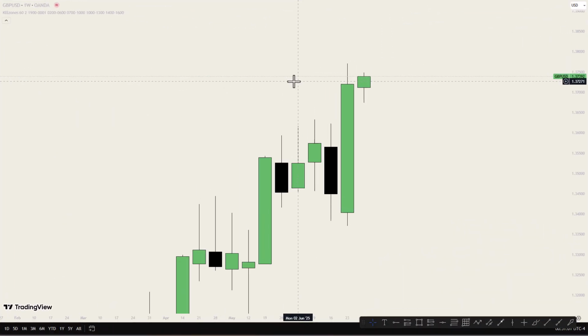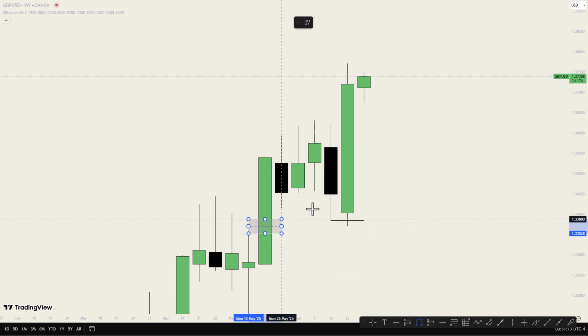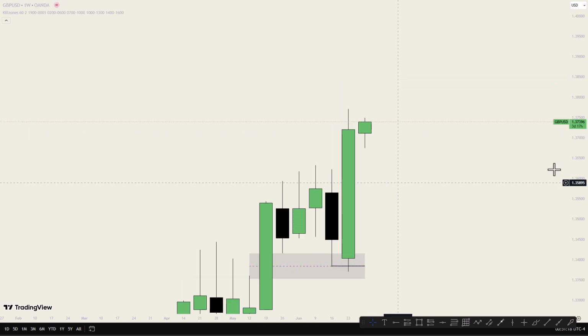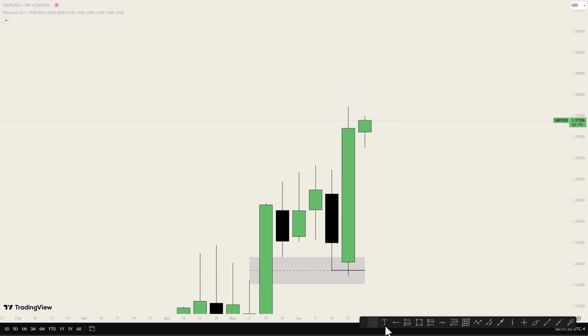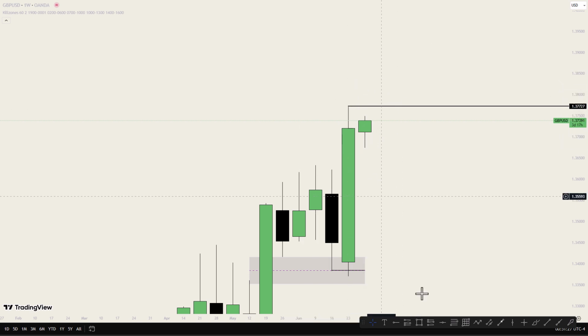This is GU, and here we are on the weekly time frame. Price is bullish. Last week we see price created this bullish displacement by sweeping this liquidity below this low and then finding support on this fair value gap, which is internal range liquidity. We see price taking out external range liquidity, and we are likely to create an internal range liquidity because we see price is bullish this week. We're willing to target this high as an external range liquidity while it creates an internal range liquidity.